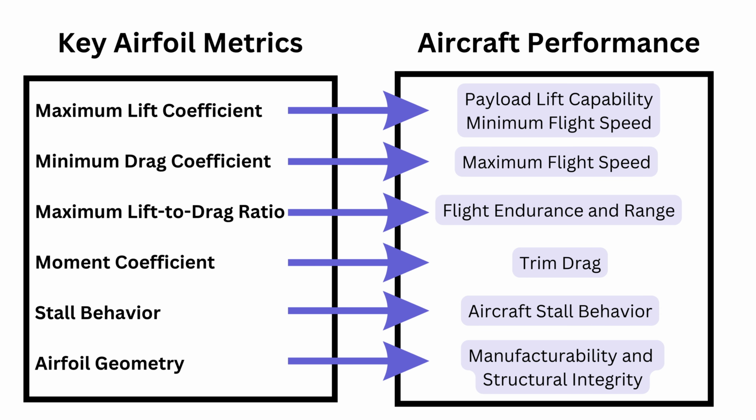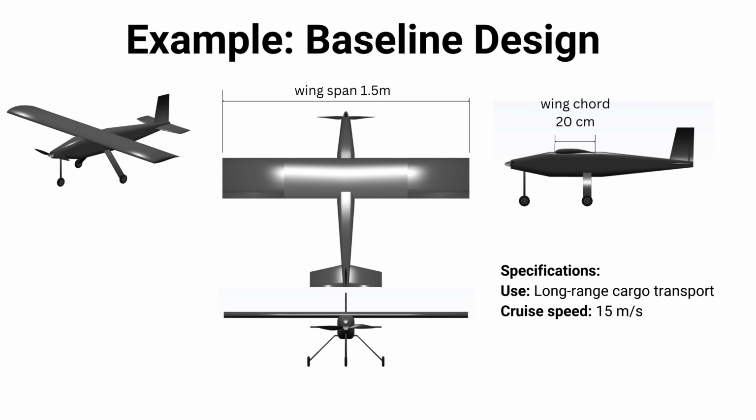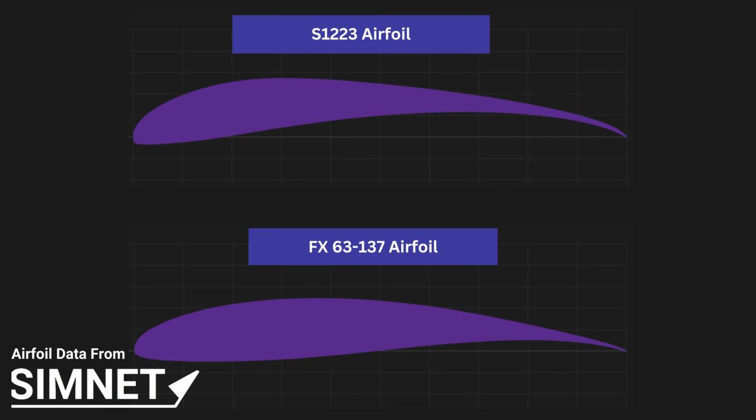Let's now apply this methodology to our baseline example. Based on the literature, two good candidates for high-lift, low Reynolds airfoils are the Selig 1223 and the FX 63137. We will use Simnet to look at the two airfoils side by side and compare their performance using the 6 key metrics. First of all, we look at the geometry and the implications it could have in terms of manufacturing